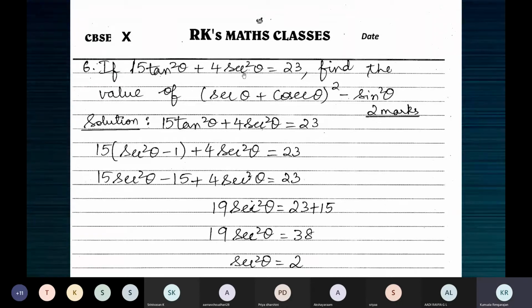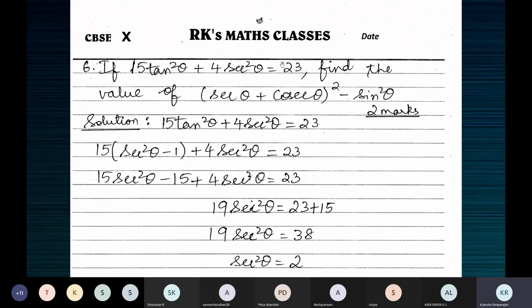When you read questions like this, what you must realize is you need to find these ratios: secant theta, cosecant theta, and sine theta. You wish you had the value of one ratio so that you can use the right triangle and find anybody else. Supposing you're given tan theta as 1 by 3. Now I ask you to find sine theta or cos theta or secant, cosecant, cot. It's easy to find because tan theta is equal to 1 by 3 in a right triangle, and you can find any ratio.